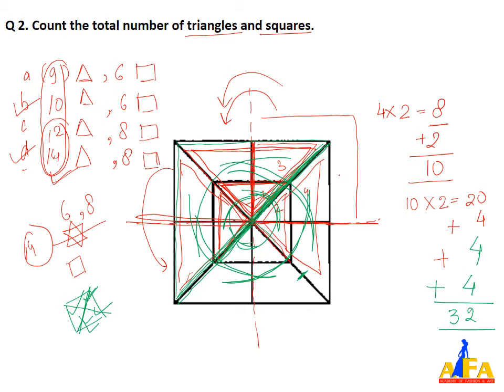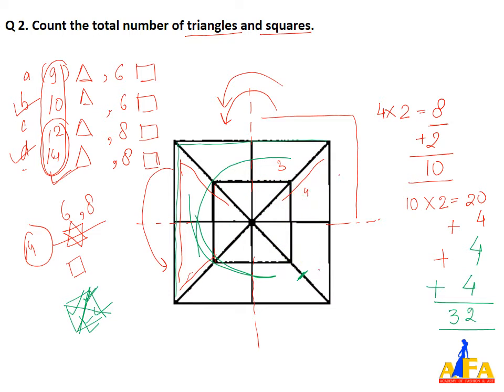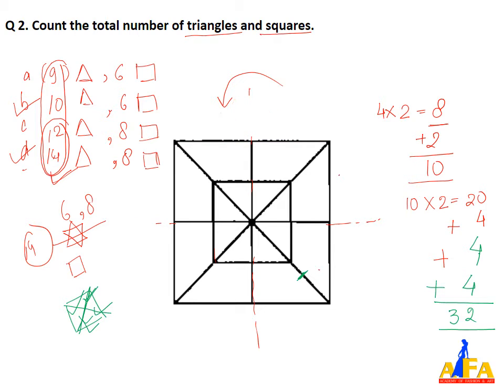Once again I have to revise this. Okay, so you have to follow a process. Firstly you have to see whether the figure is symmetrical or unsymmetrical. If it is symmetrical, then you have to divide it into basic figures, basic shapes, in which you can easily calculate the number of triangles or the number of squares. And then you have to multiply with the number of shapes and then add the common part which collaborates with those figures.